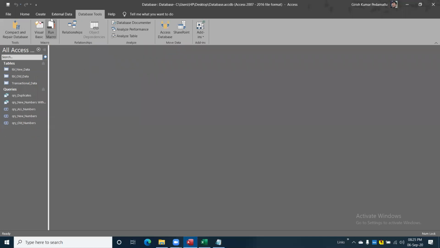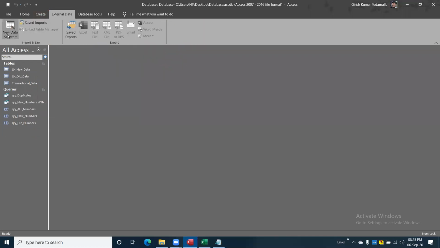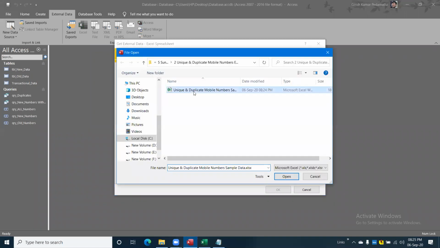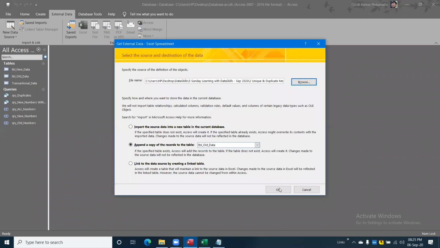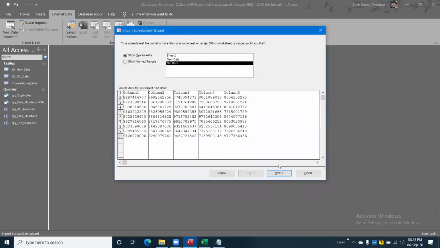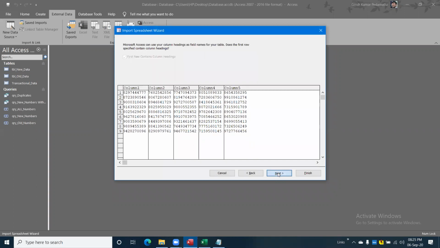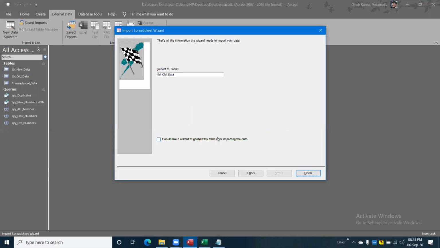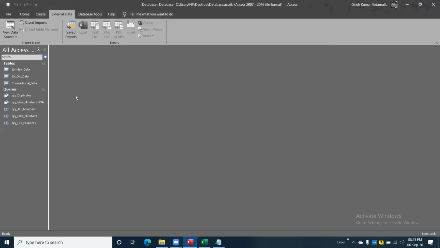Okay, no issue. Yeah. Here I'm going to the new data source. Once again, I will do Excel. It's old data. Browse the same file. Copying from old data. Click on next. Some issues are coming, but actually you can import the data over here automatically. Whenever you run the items, it will work.